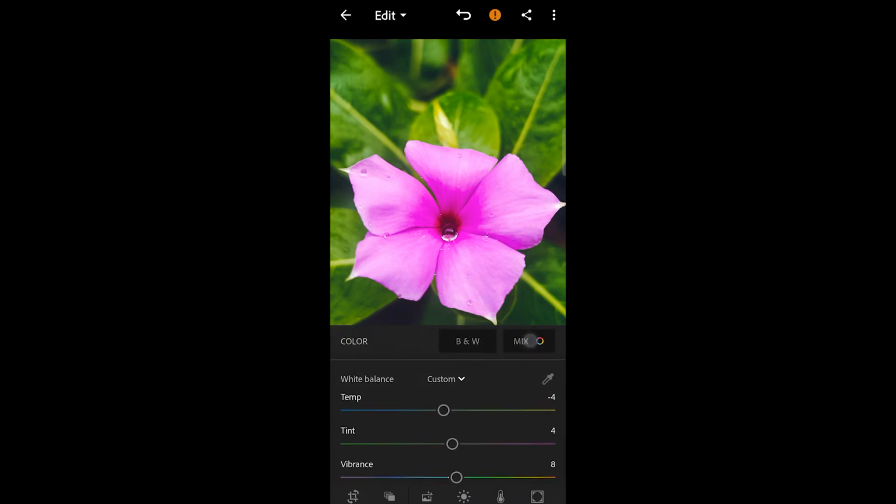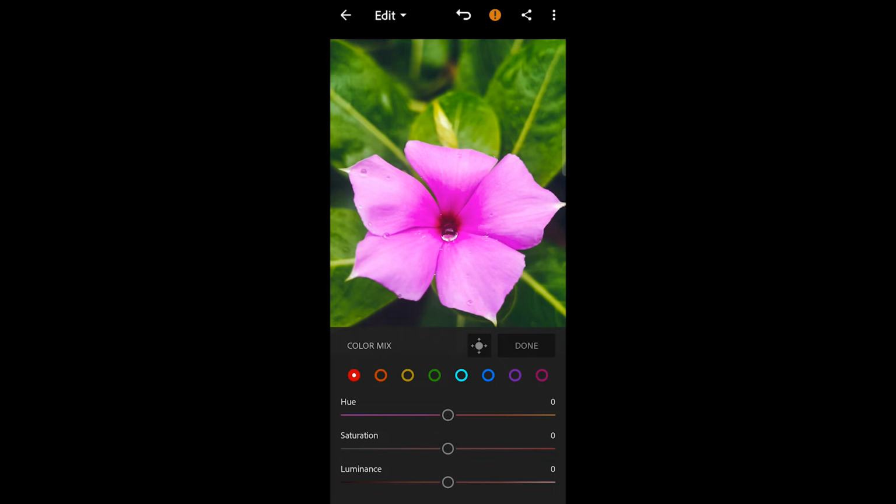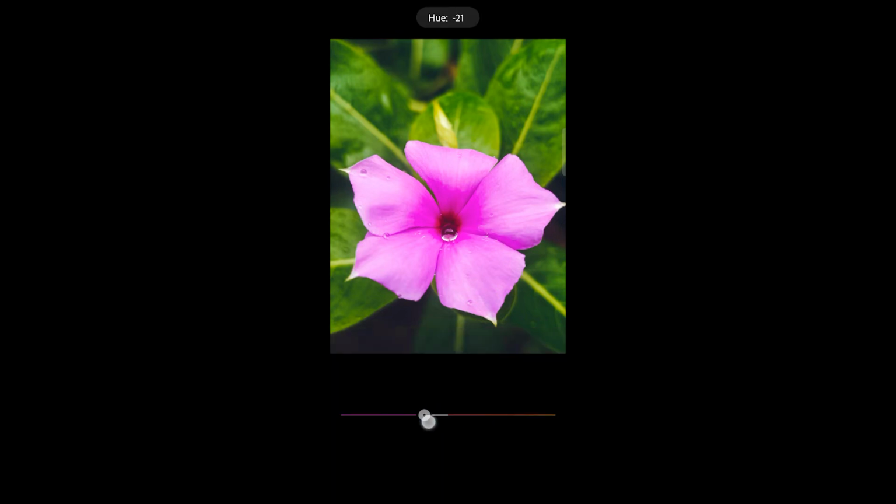The main work comes in the color mix. Reds, you can see there are not many reds, but still I am changing a bit, like in the center you can see, not too much. If you want to see what is changing, you can go to the last point and get back to the lowest point.